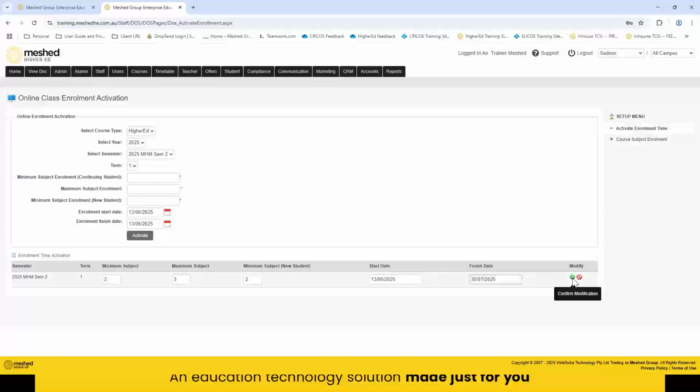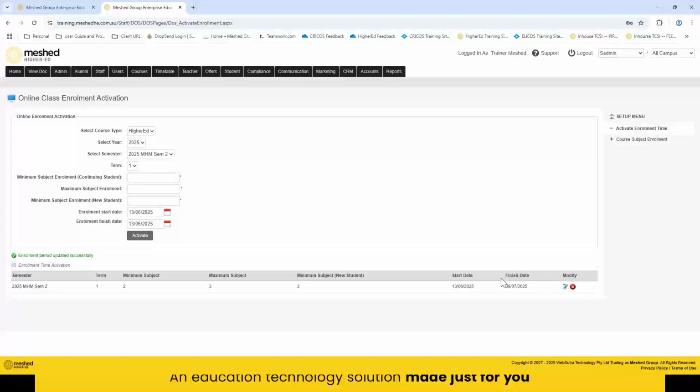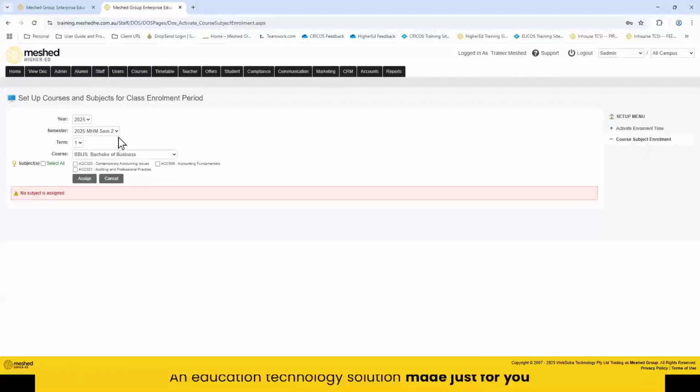Once I do that, I just click the green button, and see how now I have extended the window of my enrollment period. Once I've done that, I have to go to my next step. This is where I bring up all my subjects. Okay, so over here,